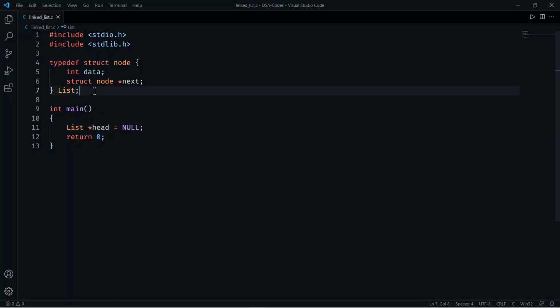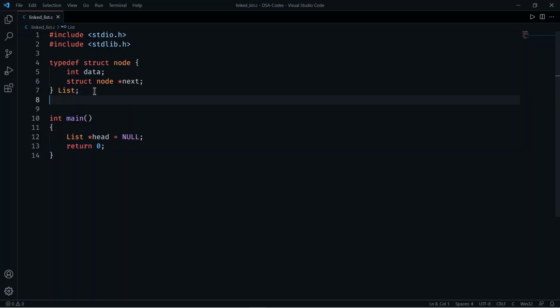Now we have to create some methods, like we will see three methods in this video, that is first of all insertion at the beginning, then insertion at a particular position, and insertion at the end.